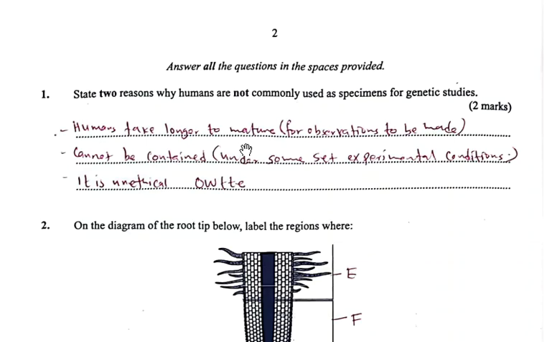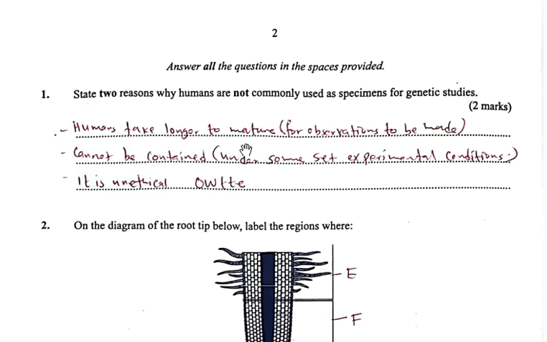Let's look at KCSE Paper 1, 2022. The first question: state 2 reasons why humans are not commonly used as specimens for genetic studies. Number 1, humans take longer to mature, that is for observations to be made, and humans cannot be contained under some set experimental conditions,